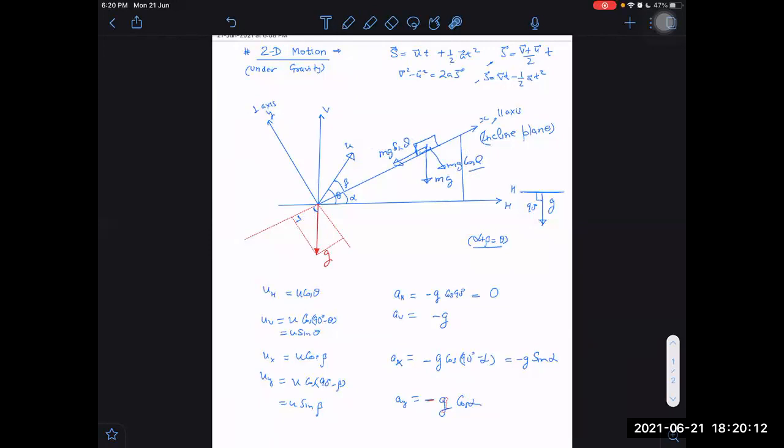So what you can do now is, don't write theta, because the angle of inclination of the incline is alpha, not theta. So in place of sin theta, it will be sin alpha, and in place of cos theta, it will be cos alpha. So we know already that the component perpendicular to the incline will be cos alpha, and along the incline, the component will be sin alpha. Right or not? Yes, sir.